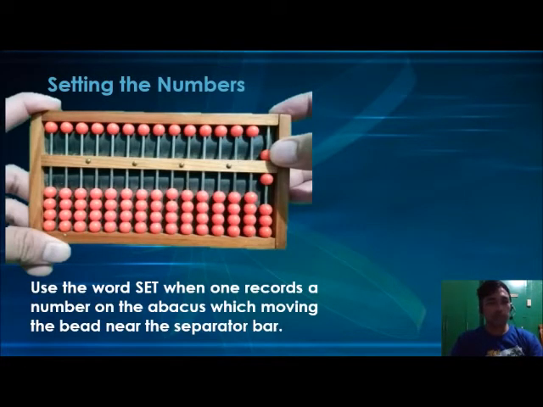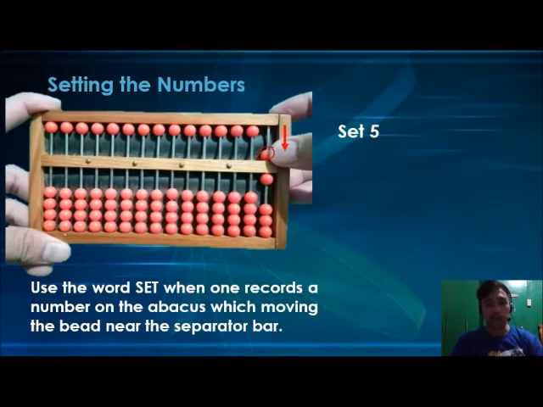Let's proceed. Setting the numbers. When setting the numbers, don't forget to use the word set. When we move the bead near the separator bar, don't forget to use the word set. For example, set 5. So, look for number 5. This is number 5, and you set number 5 by sliding downward